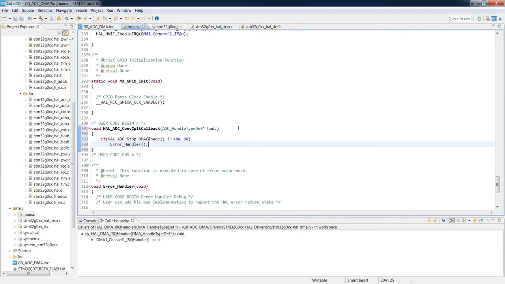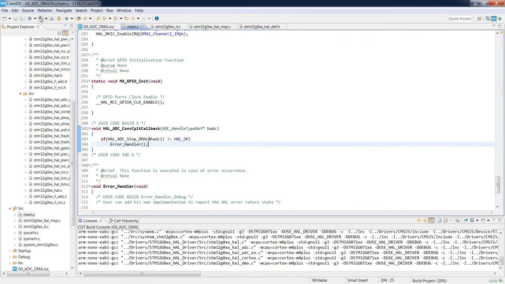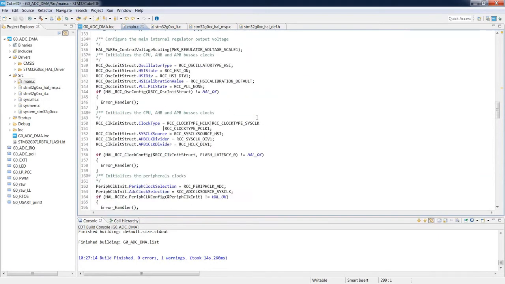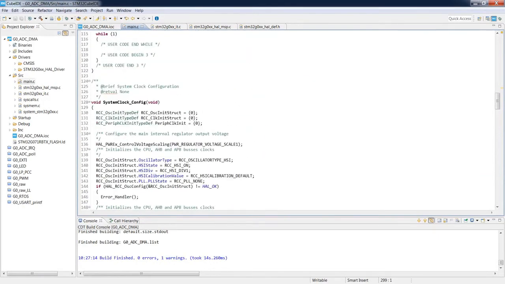In the next step, we will try to post-process those data. So let's finish this project at the moment. Let's try to compile it. As a next step, we will connect our board and try to run the debug session. And let's observe what would be the result which we can gain in the ADC buffer.